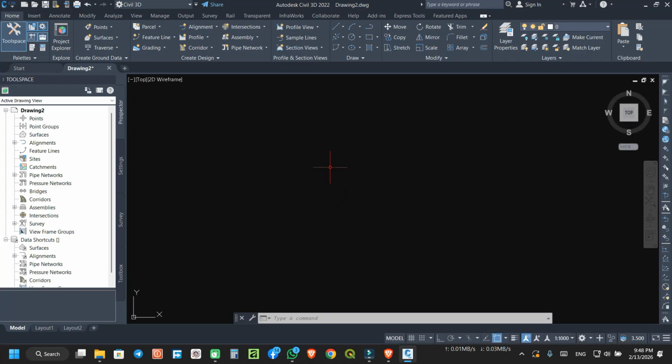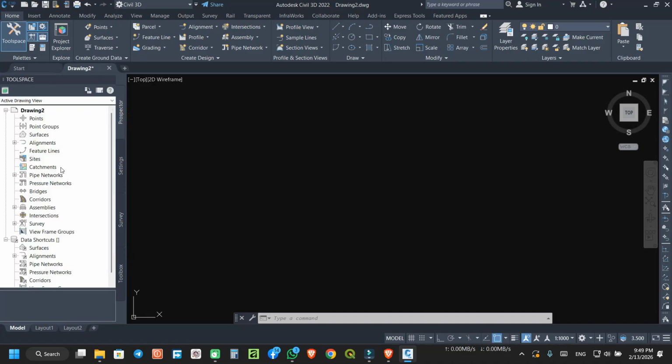At the top, we have the ribbon with tabs like Home, Insert, Annotate, Modify and Civil 3D tools. On the side, there's the tool space which includes Prospector, Settings, Survey and Toolbox.